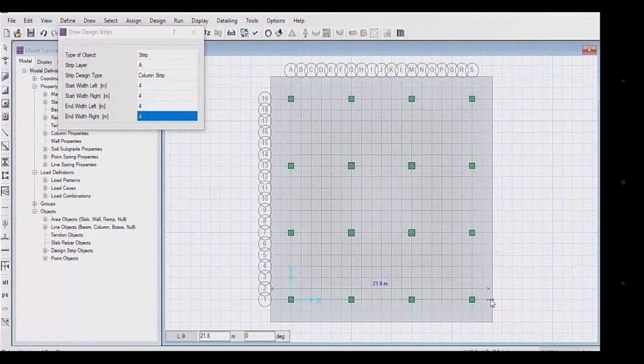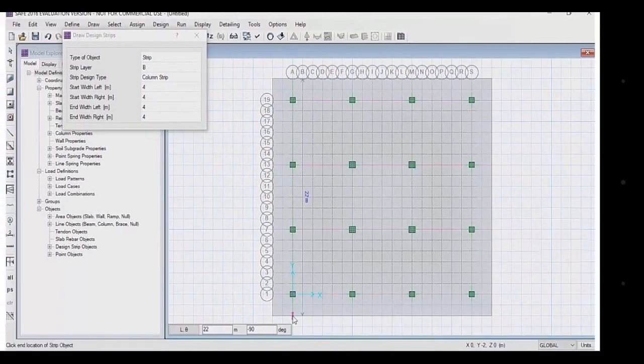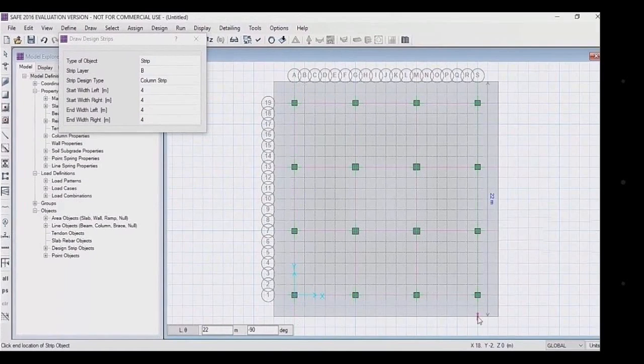After drawing all the 4 strips layer in X direction, now we have to draw strips layer in Y direction. So change the strip layer to B and draw strip layer in Y direction. Click on first point, then click on end point for the drawing of strip layer. After completing all 4 strips in Y direction,